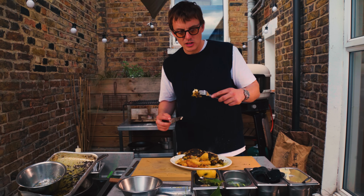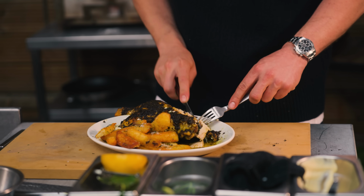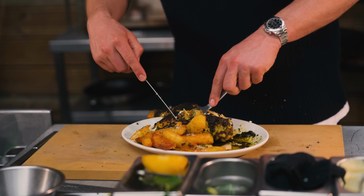Let's try the chicken on its own. Oh. That slightly charred wild garlic butter on the skin, you know, the acidity from the burnt lemon. There's so many flavors going on here. You got the lemon mayonnaise, which just...